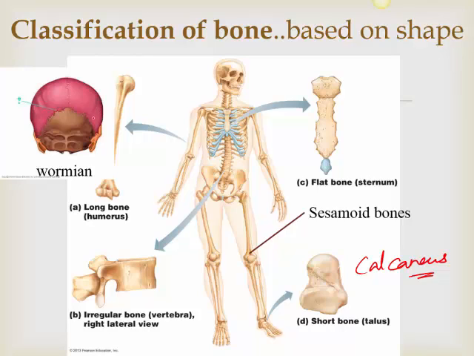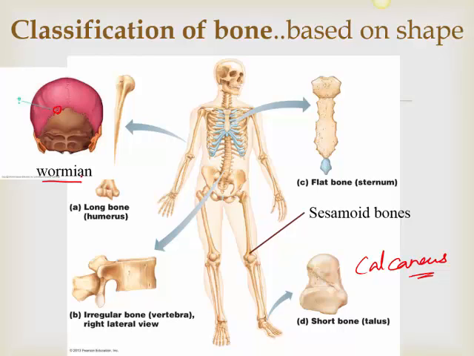Sometimes as they are getting converted to bone, small islands may be left out, or they might form separate bones. So instead of forming one bone, which is the parietal bone, you might see a tiny little island in the parietal bone. It's still part of the parietal bone, but it looks like it's a separate bone. Such bones are known as Wormian bones. Wormian bones, therefore, are bones seen in the skull,